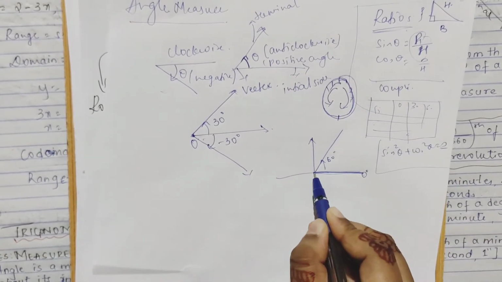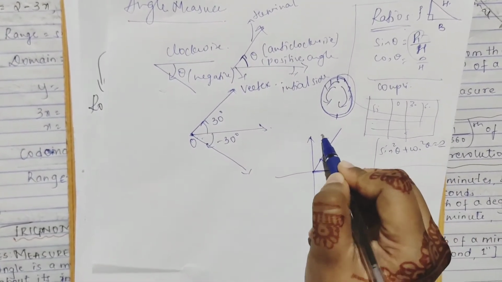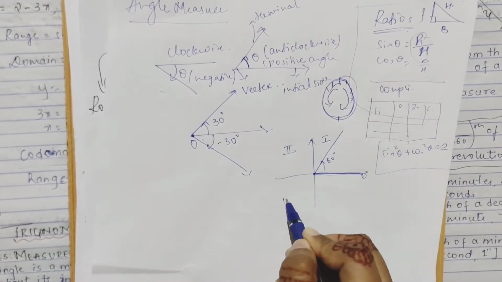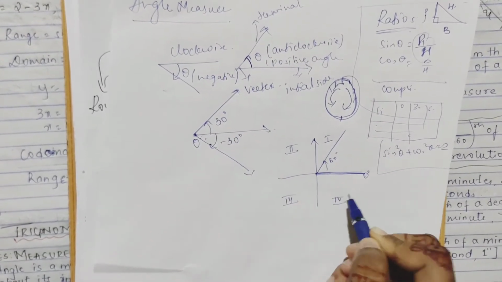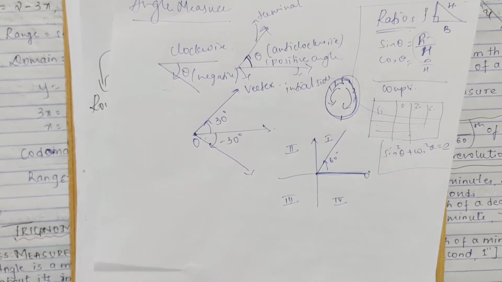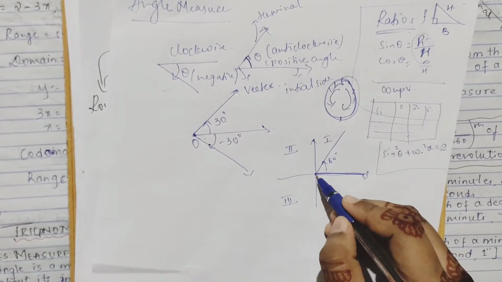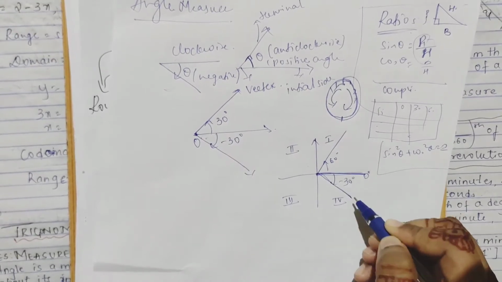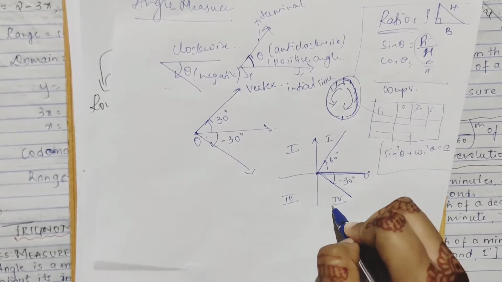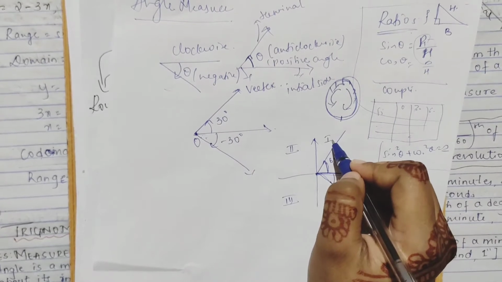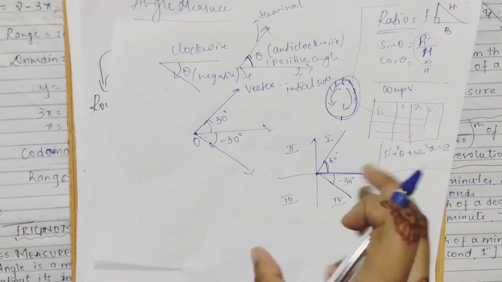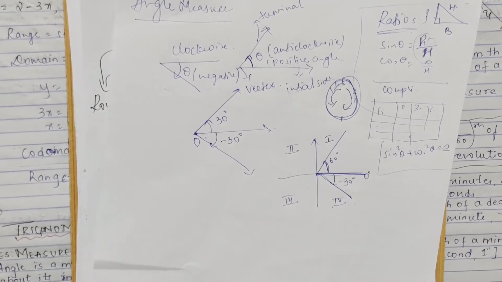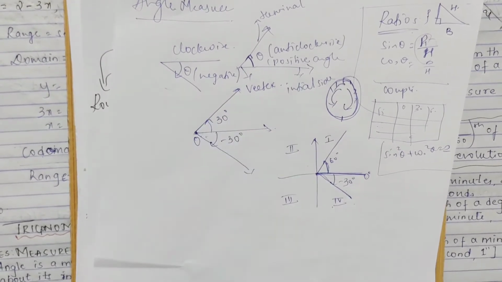upside. If you are considering this as the 0 degree line, this is your, which quadrant do you have, right? First quadrant, second quadrant, third quadrant, and fourth quadrant. You have studied this. If I tell you minus 30 degree, it comes here, this is your minus 30, and minus 30 degree is lying in the fourth quadrant, while the positive side is lying in the first quadrant. This is in terms of quadrants. So this is your angle measurement, what we said.